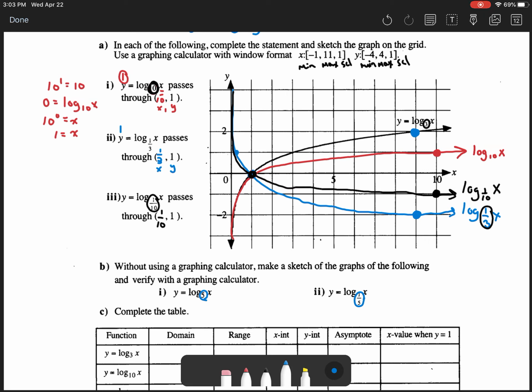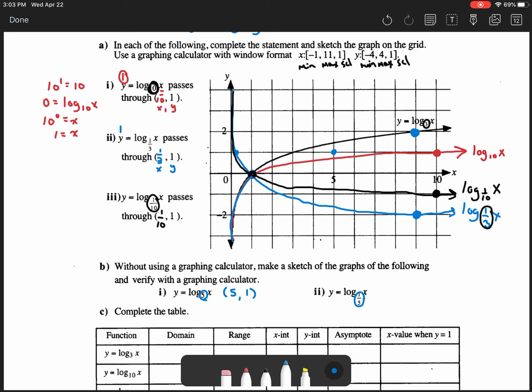Now in B, what they have us do is graph the following: log base 5 of x and then log base 1 over 5 of x. So again, first thing I notice, the bases here are 5 and 1 over 5, so they're going to be reflections of each other in the x-axis. Now when I go and graph log base 5 of x, just like the previous examples, it's going to go through the point